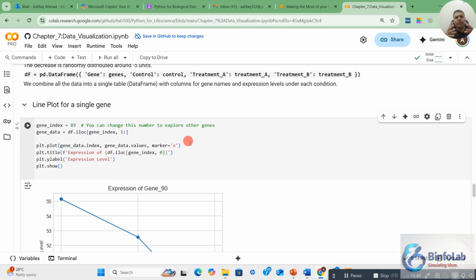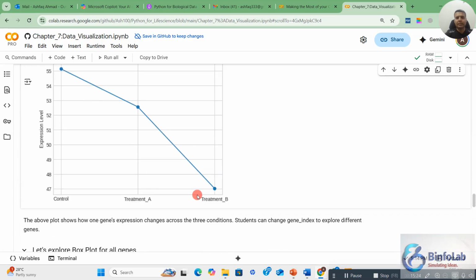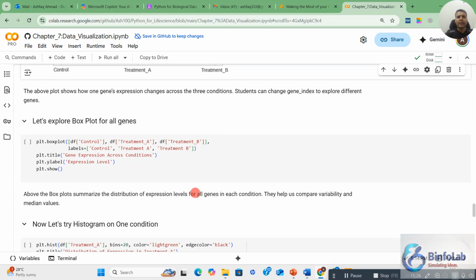So you can easily simulate or find out the relationship between different treatments or different variables. In fact, I will use the word variable. So easily you can find out the relation between different variables for a single entity, because in our dataset I told you that I have used 100 genes. So this dataset contains 100 genes, although this is a hypothetical dataset. Okay, now let's try this